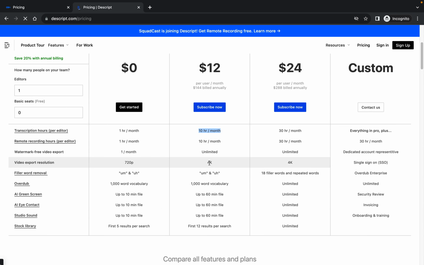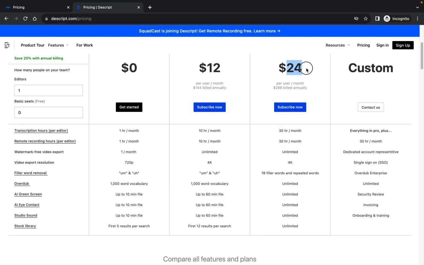You get 4K video resolution, you can remove filler words, you can have a 1,000 word vocabulary if you have anything specific. You can overdub certain words.